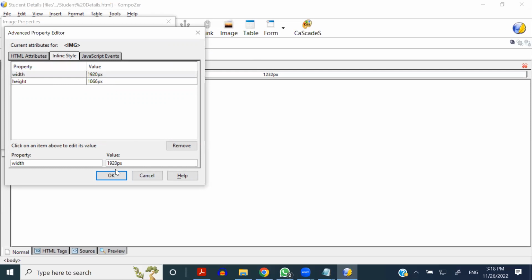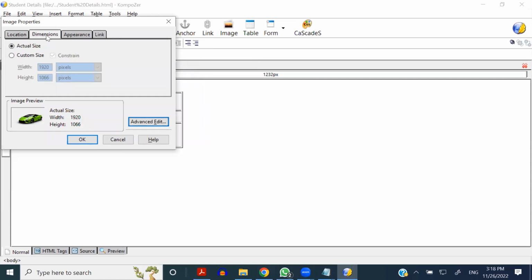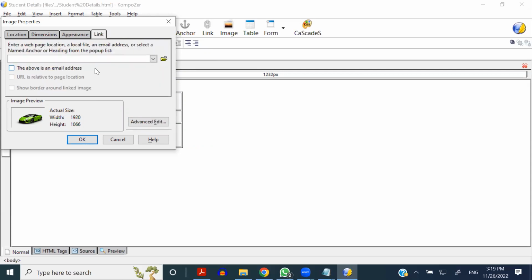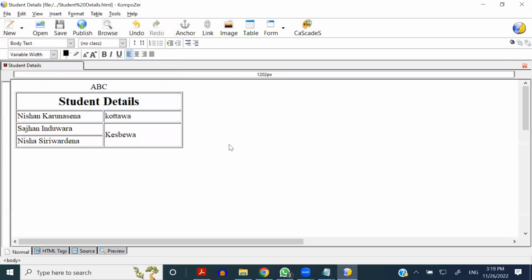You can change the dimension from here if you want as well, actual size or custom size, and appearance. A lot of things are there. You can make it a link if you want. So once I press OK,